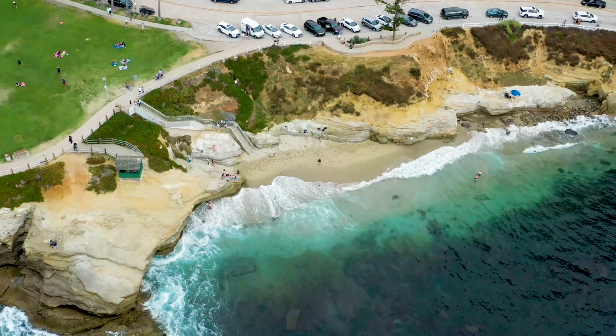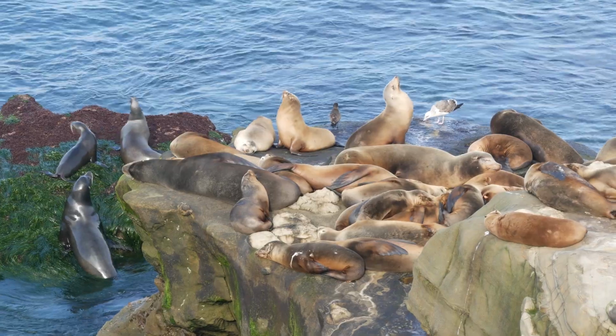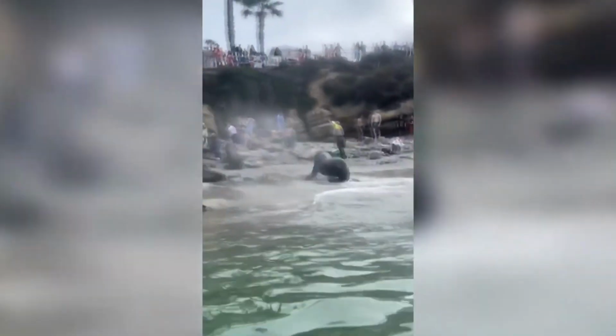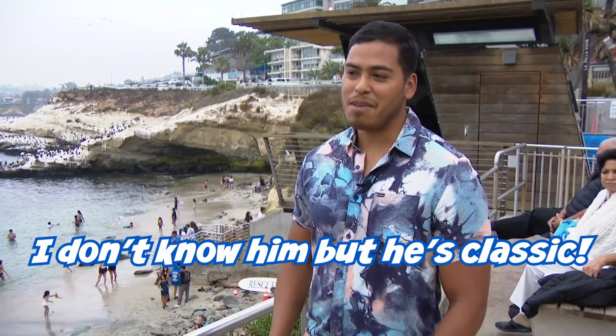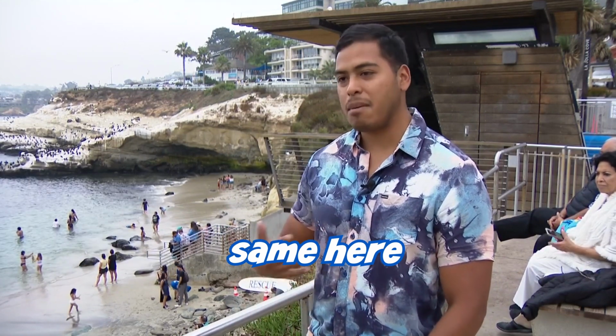Now, this is a very cool, popular area where you can see a lot of seals and sea lions out sunning on the beach. You're also gonna see a bunch of tourists running down on the sand and trying to take selfies and pictures with the seals and sea lions. Don't be one of those people. Moms running with their kids, grown men squealing like little girls. I loved it, you know, because as a local, I get annoyed seeing the tourists come here time and again